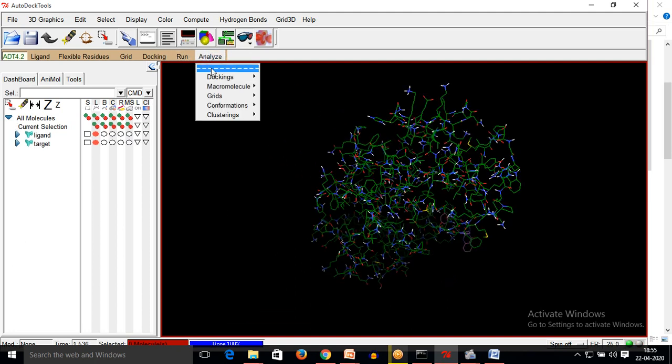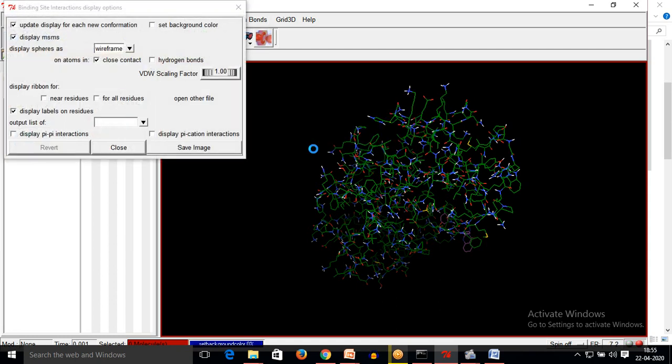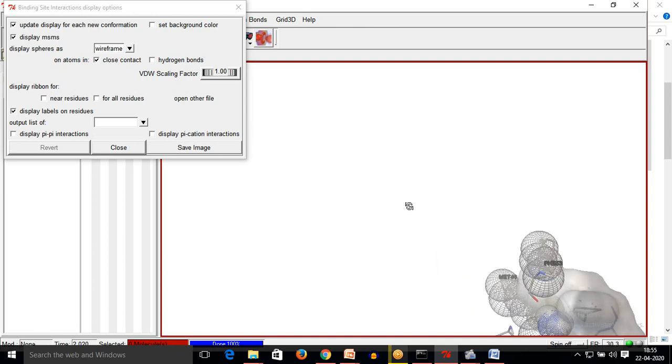Now I will go again Docking, Open, Docking and Show Interactions. So as I press Show Interactions, here you can see the interaction with the amino acids.